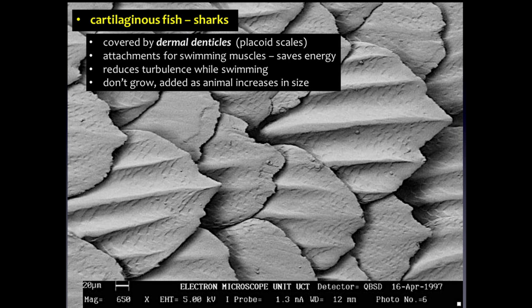We see that directly on these scales, and we're looking at an electron microscope image of some scales right here, that have direct attachments to swimming muscles. This helps save energy. What happens is they don't grow with the animal, but as the animal increases in size, more and more of these dermal denticles are added to it. These things are so efficient in reducing turbulence and reducing drag and helping the shark swim more effectively through the water